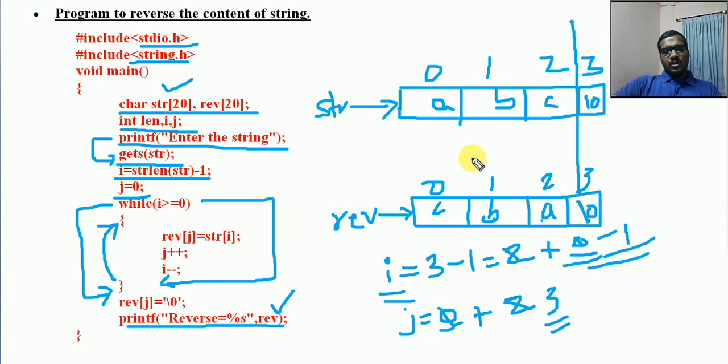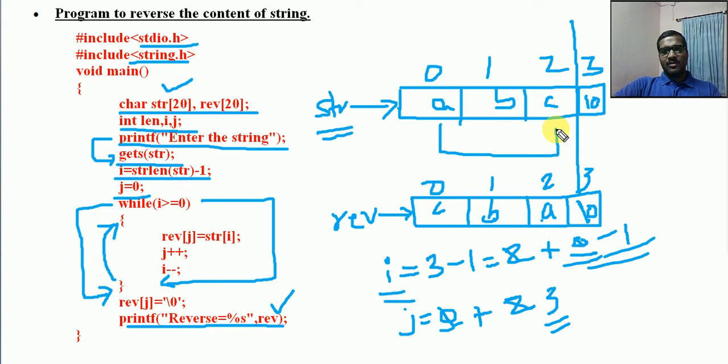Now we can think about another logic also. If you want to have this reverse, what can we do? Reverse the content. That means, if you want to process on the same string, what can you do? The 0th and second elements can be swapped. So think about this logic.